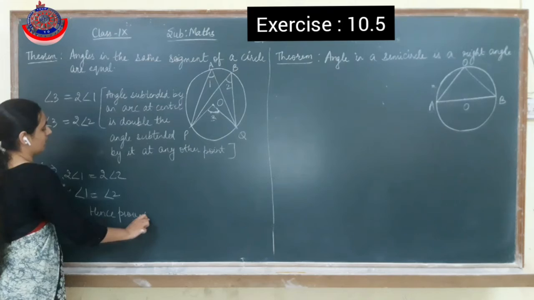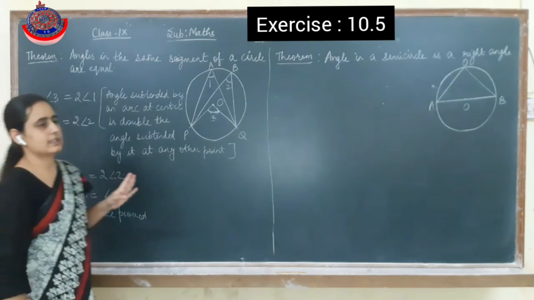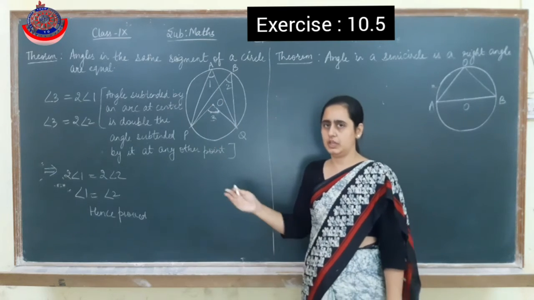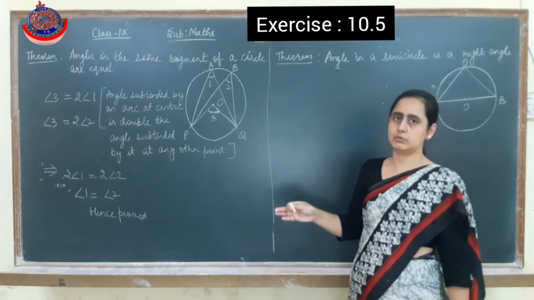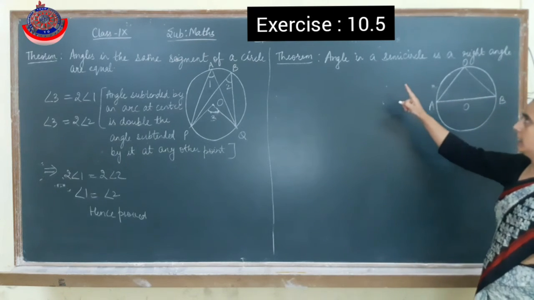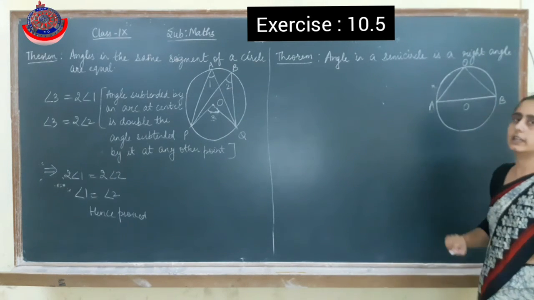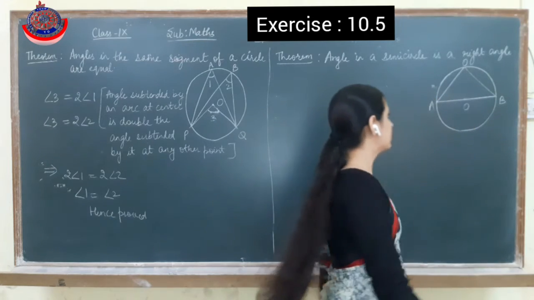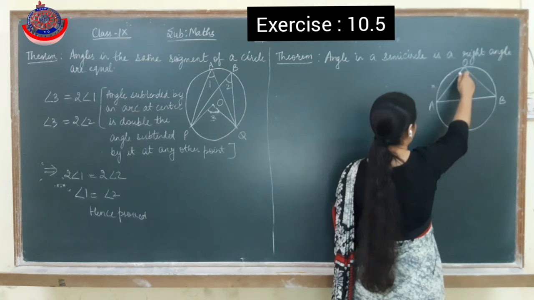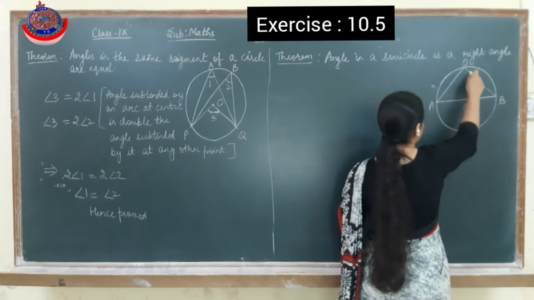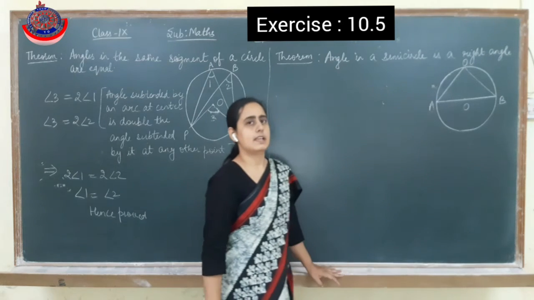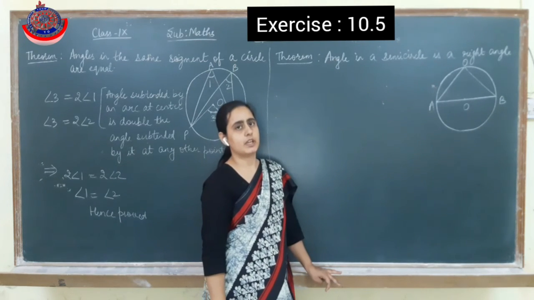Right? But if it comes in the exam for 2 to 3 marks, then you have to write the given and to prove also. I have not mentioned. Simply I have explained you the concept. Similarly, we have another theorem that angle in a semicircle is a right angle. That means if in a circle we draw the diameter, whichever angle will be there in the semicircle, it is this or it can be like this also. Whichever angle lies in the semicircle, that will be 90 degree.